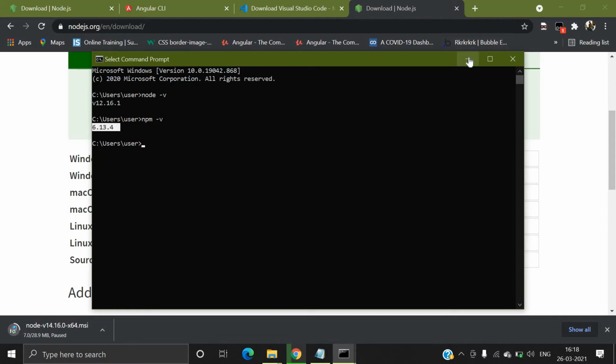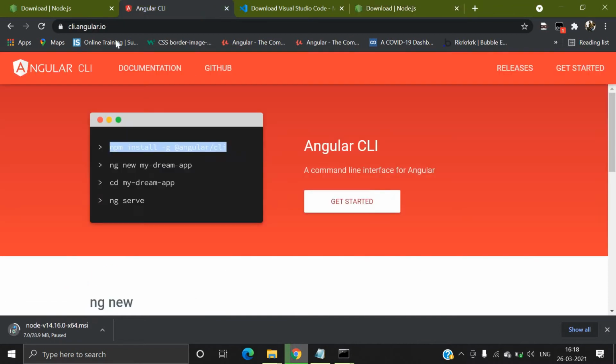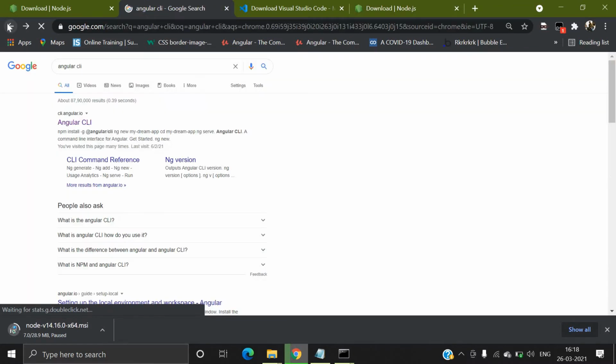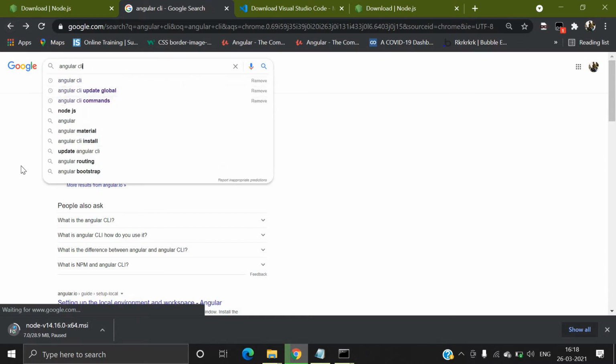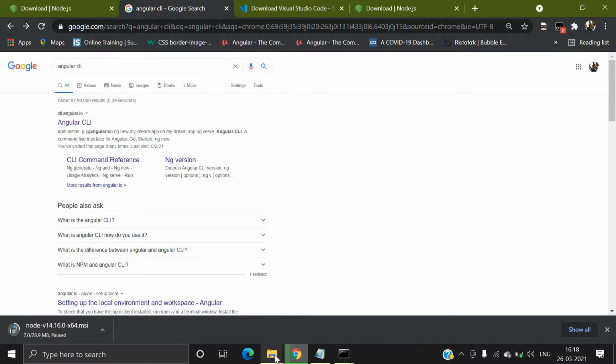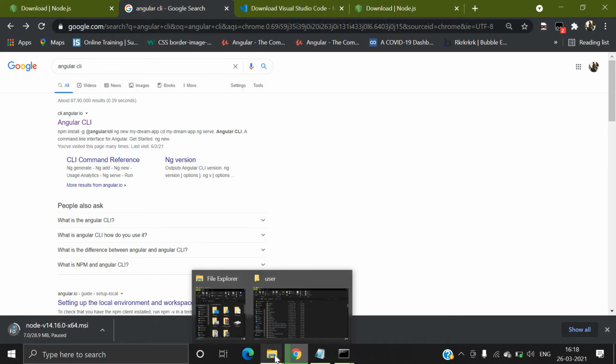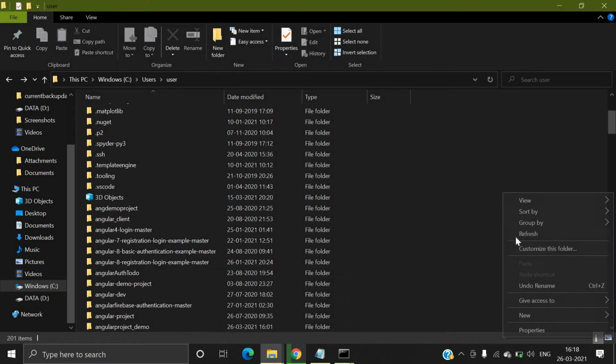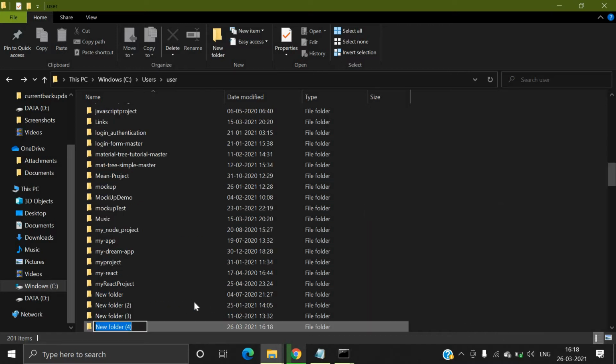So let's start with how to install Angular CLI. It will take some time. Before I install Angular CLI, first of all, we need to create one folder. I'm just creating one folder called Angular first tutorial.